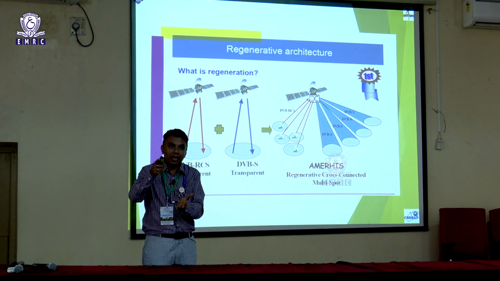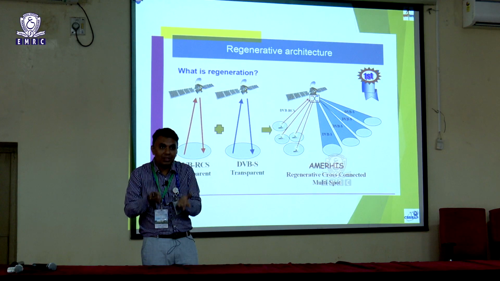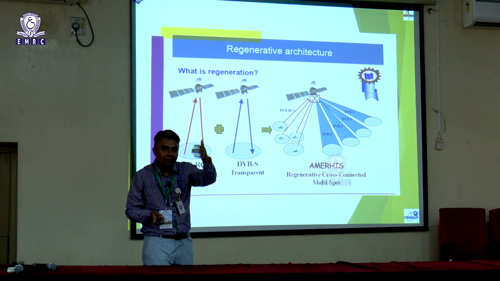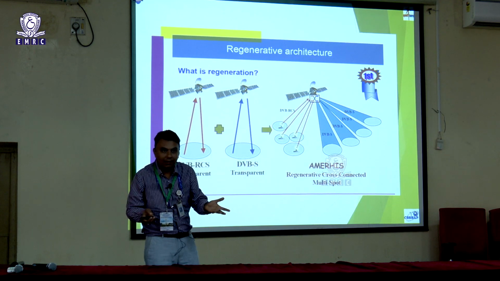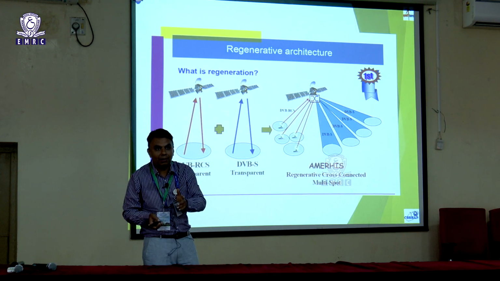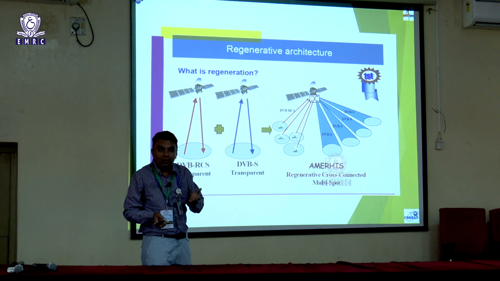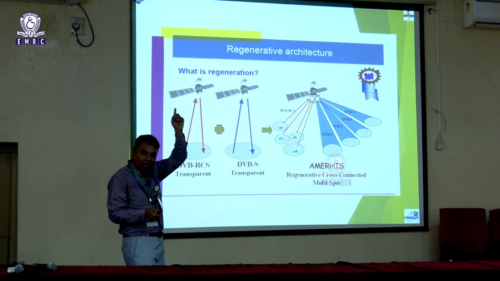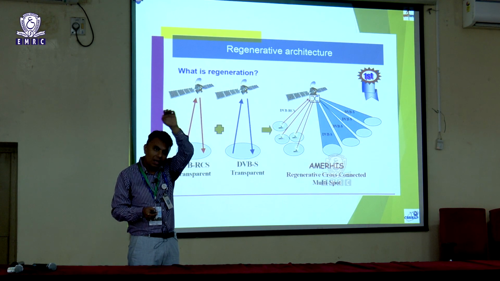That is not happening through the satellite. But suppose villagers want movies on demand, they don't have it, because they don't have a GSM network. Correct? They have satellite broadcast, because satellite broadcast is independent of where you are, whether in Hyderabad or in a village, doesn't matter. But the return link from user to satellite is through the GSM network. In this case, the return link is also through the satellite. So whether the user is sitting in Hyderabad or in a village, they can send through their terminal directly to the satellite, and the satellite will recognize that it is a valid user requesting a movie on demand, and that will come down.